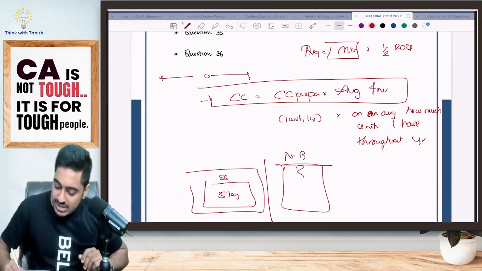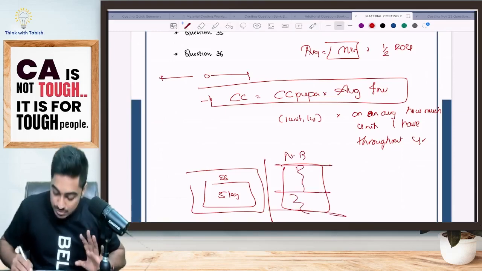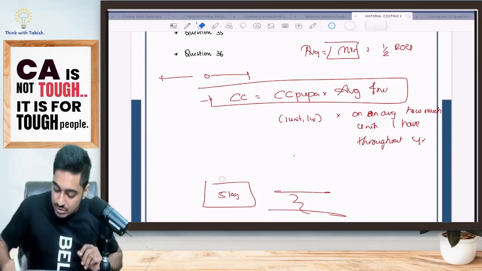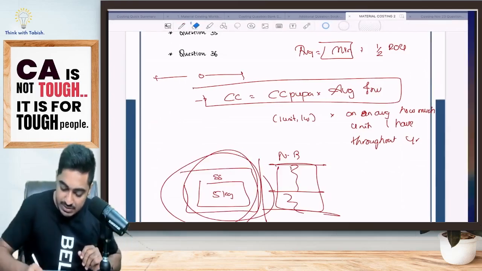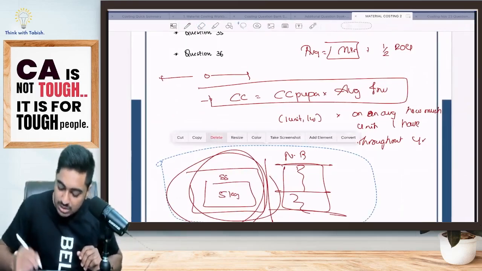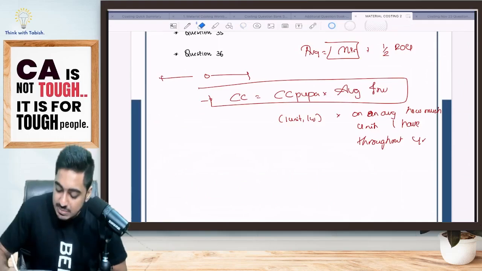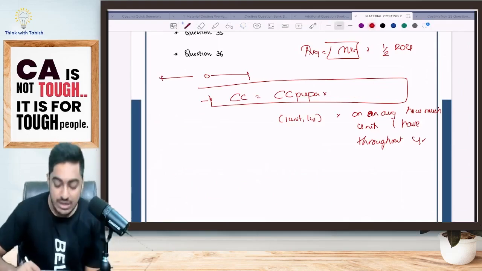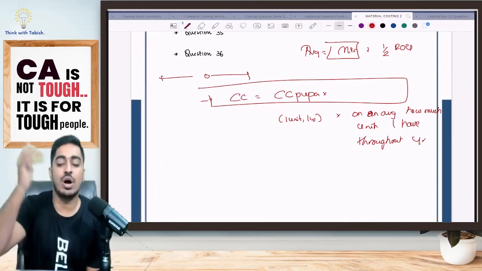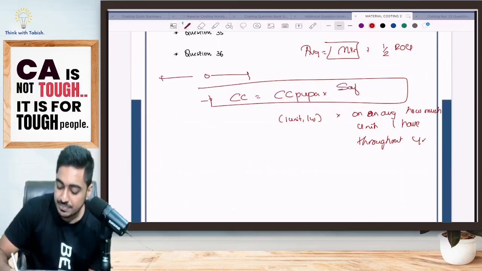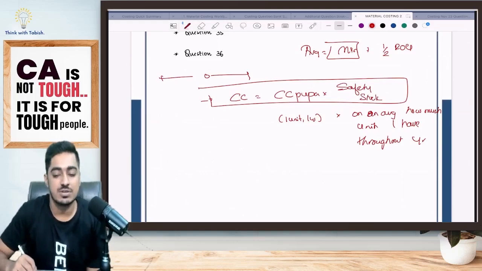Here full will be there, half will be there, sometimes it will come till 0 also. But safety stock will be there with me, fully. Yes or no, everyone? Tell me one thing, students. Safety stock I am holding completely throughout the year. Can I tell my carrying cost formula? I will rewrite it: for 1 unit for 1 year how much it is, into on an average how many units are there. Whether safety stock I will be holding throughout the year. That means carrying cost per unit per annum into safety stock.